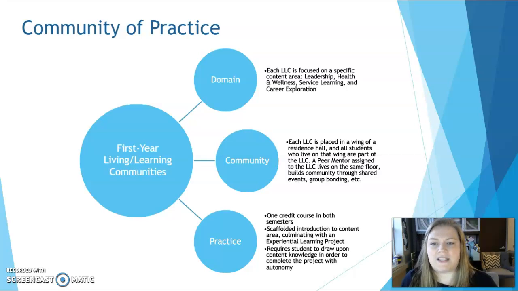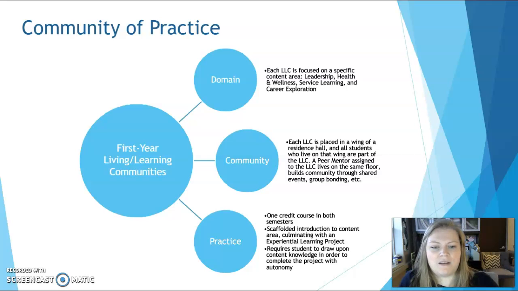The community piece is built in just in how closely they live together. We have a peer mentor that lives on the hall with them and does a number of different events and in-hall programs that connect that academic content to a social, engaging way. It's been focused very much in a virtual way this year due to COVID. So we've been working primarily on developing virtual program opportunities that have forced us to really lean into different technological tools and resources to help connect with residents with what was very much an in-person